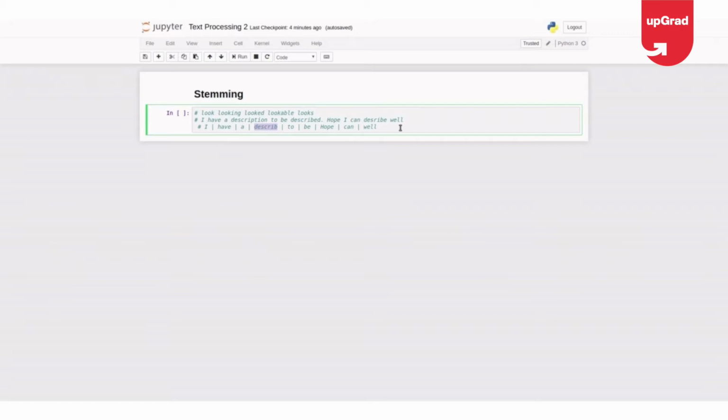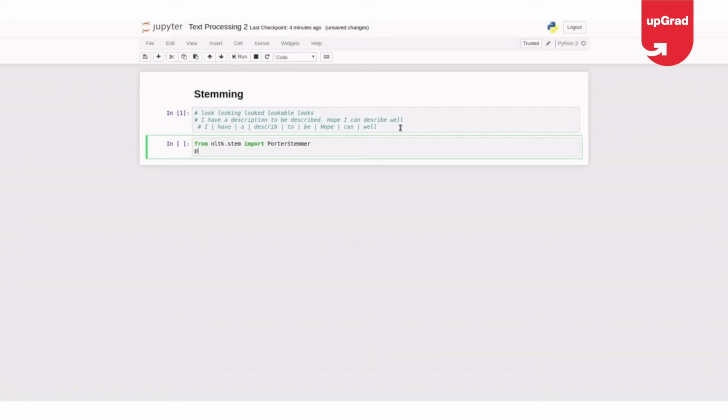In NLTK, I'll explain two kinds of stemmers. One is Porter stemmer and the other is Lancaster stemmer. After that, I'll just give an overview of building custom regex stemmers. Let me say from nltk.stem import PorterStemmer.